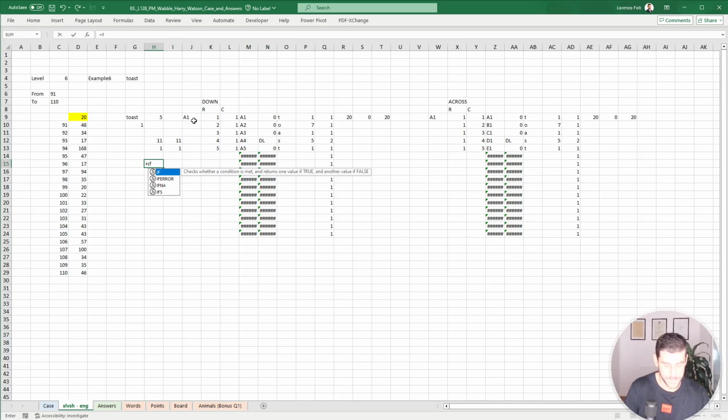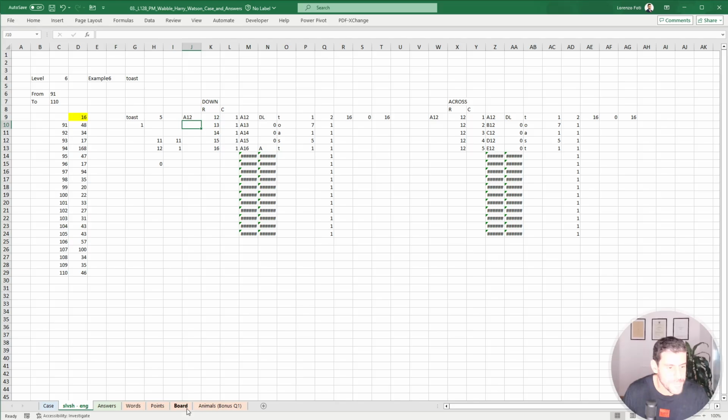And so if or this is greater than this, or this is greater than this, then 0, otherwise 1. So A1 is valid, A11 is valid, A12 is not valid,